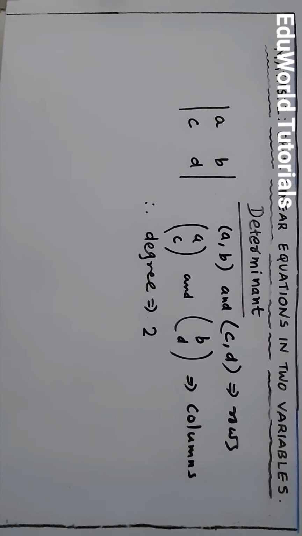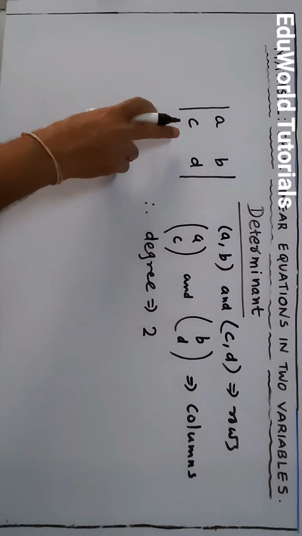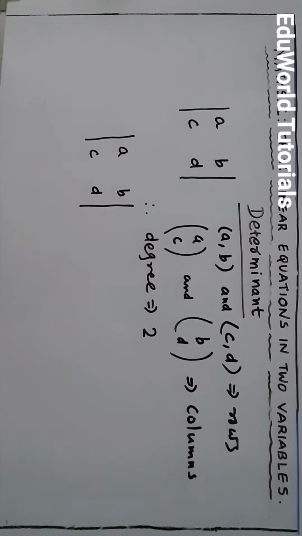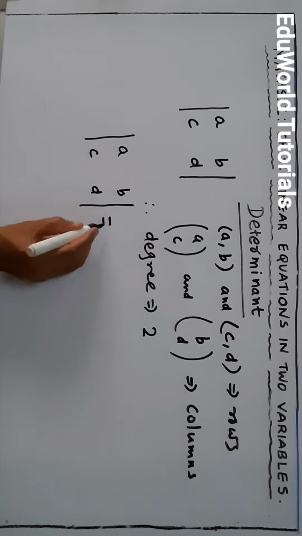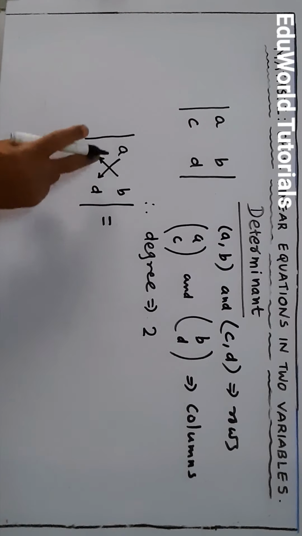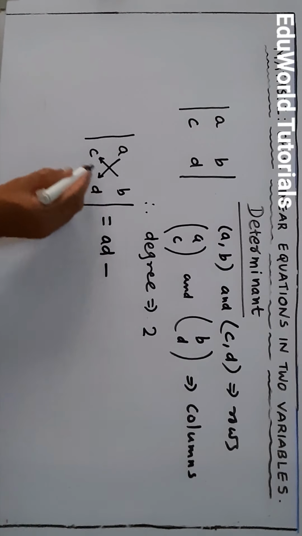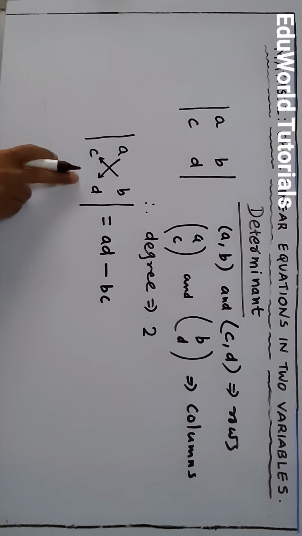Now we will see the working on a determinant, how to find the value of the determinant. I have written the same determinant here, so this is equal to, you have to multiply. We generally call it cross multiplication. I am putting the arrow mark. Just see, multiply A with D, so I'll get a product AD, and from that product you have to subtract another product, BC. This is the value of this determinant.